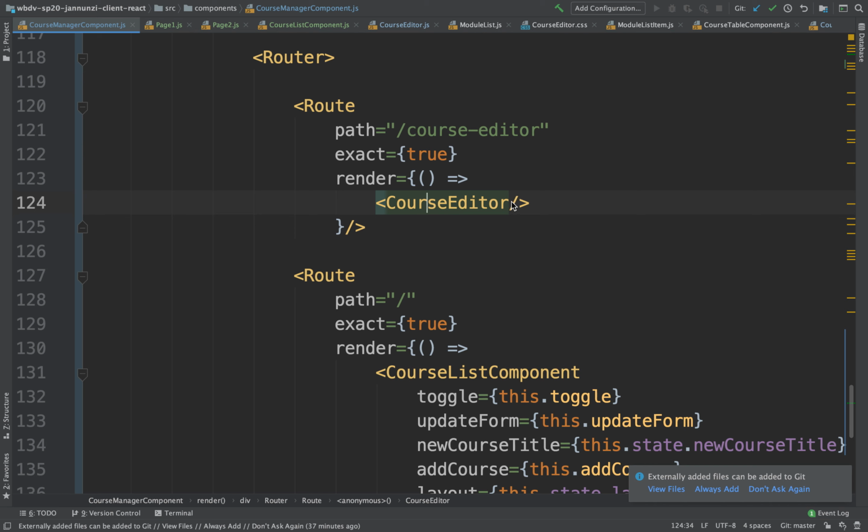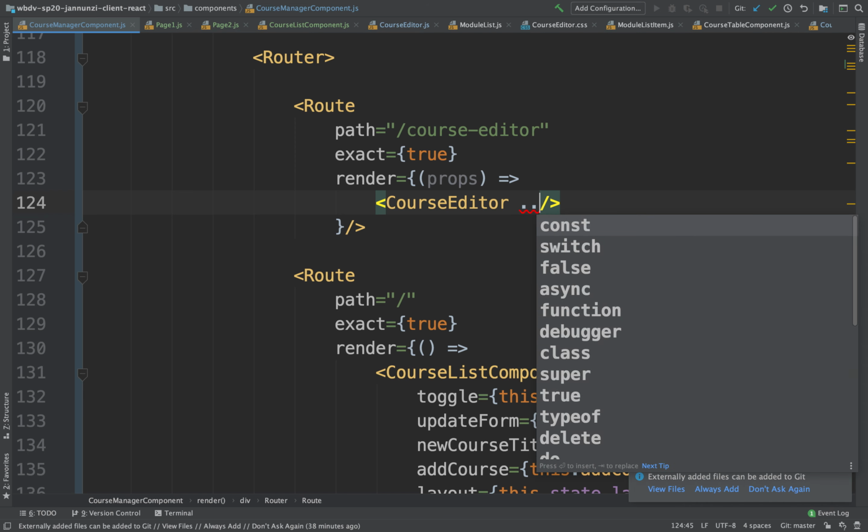To do that, the course editor. We're going to send lots of the properties, just like we did for the hello page, the hello message. We use the match. Remember that? Well, match is not the only thing in there. There's a whole bunch of really great things in there. There's also the keyword history in there, and history is going to allow us to manipulate the actual URL as we want. So that's going to be part of the properties. We need to be able to pass all the properties, and to pass in all the properties, we need to pass it as an argument to this function, and then props,